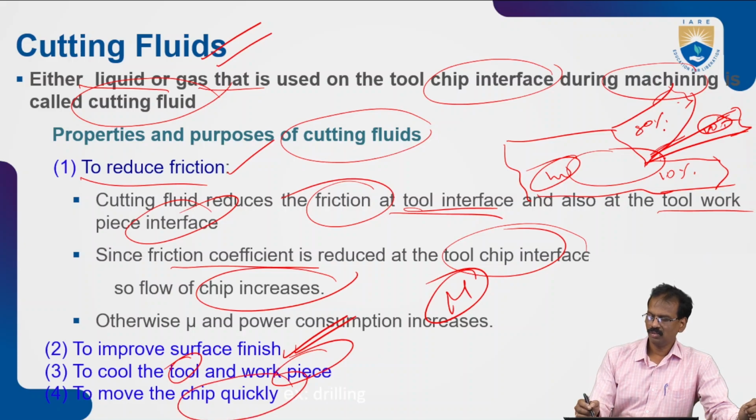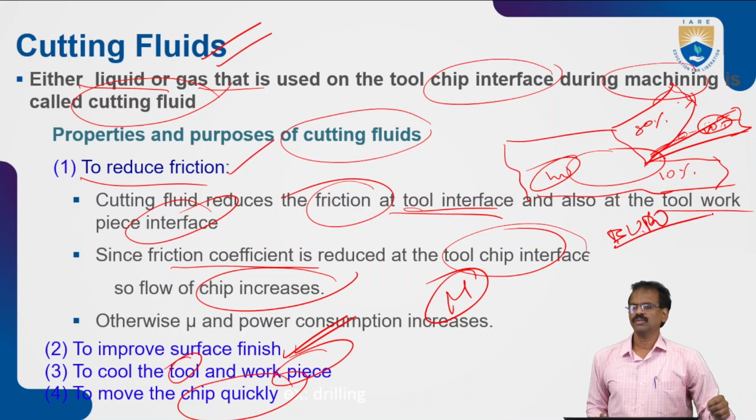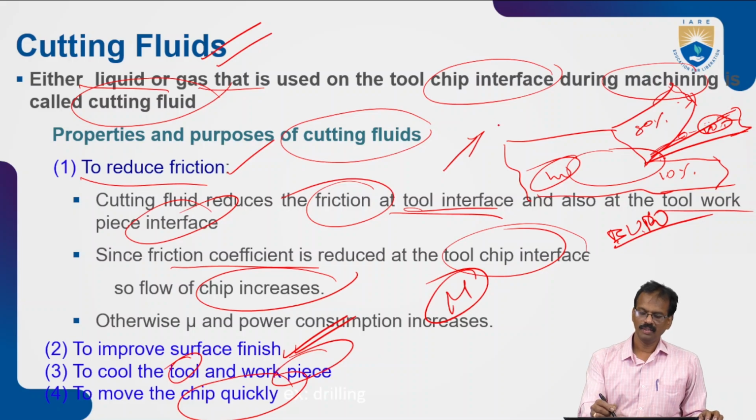Because of overheating, there is a chance of built-up edges. Built-up edges means the chip is welded to the surface of the workpiece or tool bit. So that is the problem of built-up edges. To reduce or remove this, we just have to provide the cutting fluids. Finally, cutting fluid addresses the heat to be reduced from the workpiece